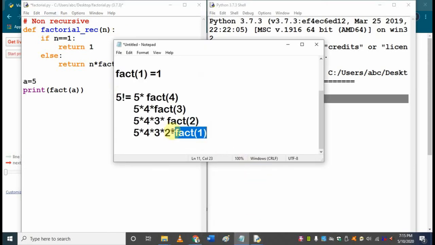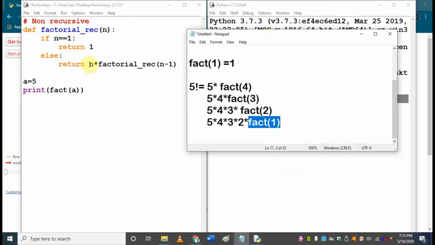Whatever I have written here, I am writing the same thing. See, first we are returning that n value, and then we are calculating the factorial of n minus 1. Again that function will be returning n value, and then it is calling that factorial function for the next below number, isn't it? So it will continue till it reaches that base case. What is the base case here? N is equal to 1 is the base case.